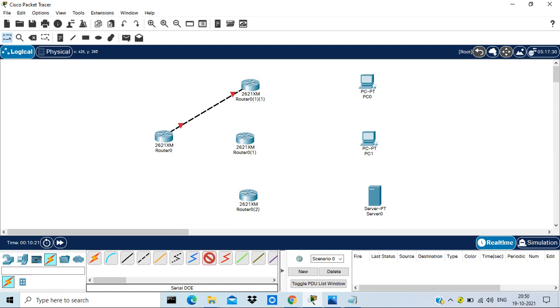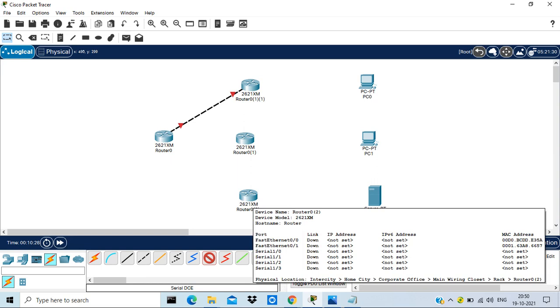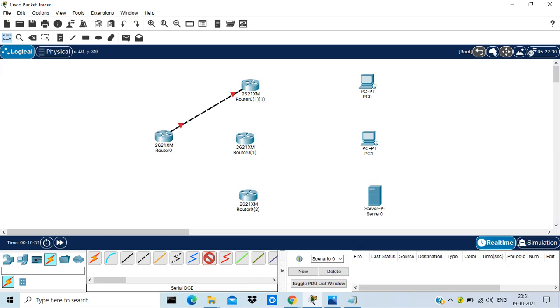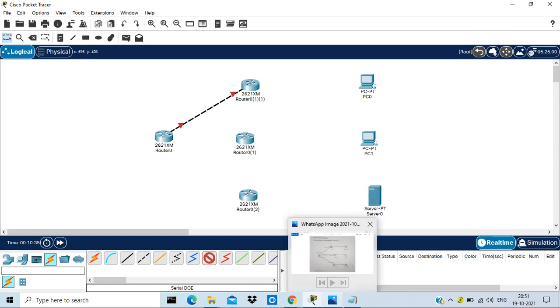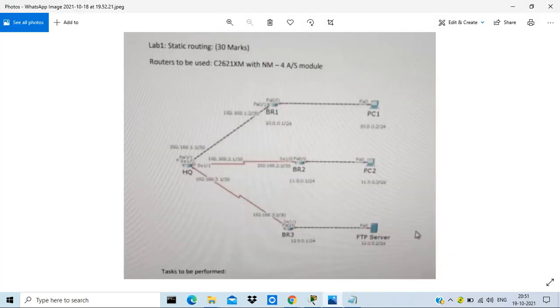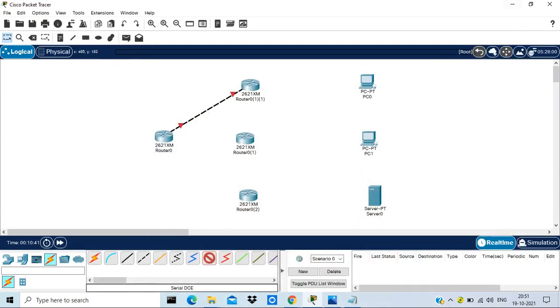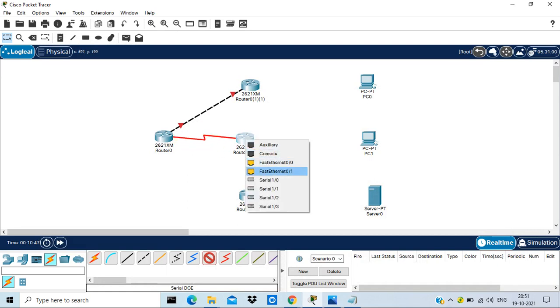In that case my router is my local router, and branch 1, branch 2, and branch 3 are WAN routers. So I'm taking the DCE connectivity, and I just need to check the port once again. AC 1/0, AC 1/0. So I need to connect AC 1/0 with branch 2 AC 1/0.